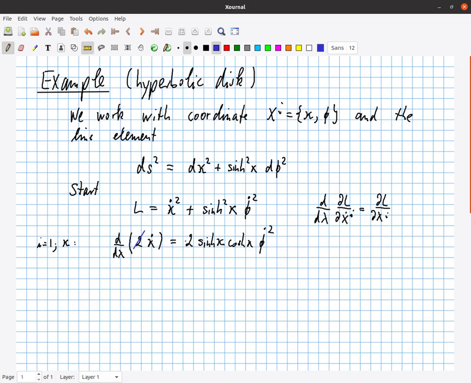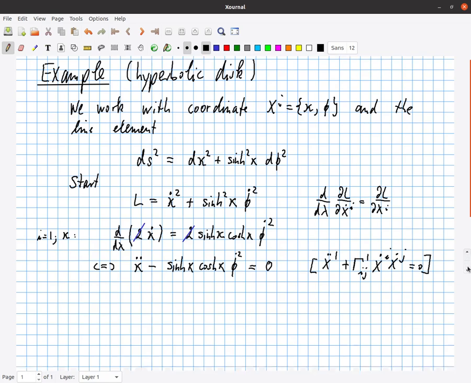The 2 cancels on both sides, and therefore our full equation is kappa double dot minus sine hyperbolic kappa cos hyperbolic kappa phi dot squared equals 0, which we need to compare with x double dot 1 plus gamma 1 i j x dot i x dot j equals 0,